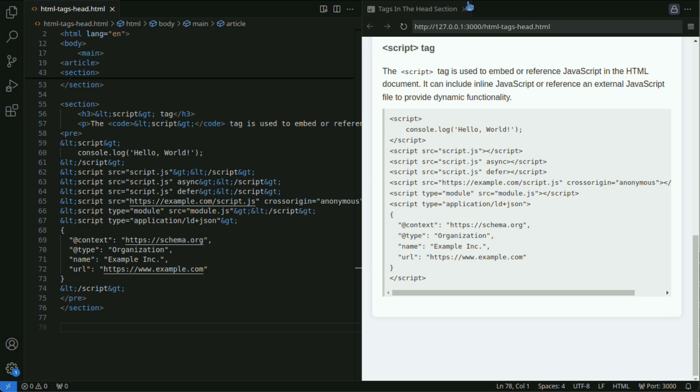Performance optimization. To avoid affecting page load speed, only load scripts when necessary and avoid running unnecessary scripts. Security measures. When using external scripts, ensure they are loaded from trusted sources to prevent the embedding of malicious scripts.